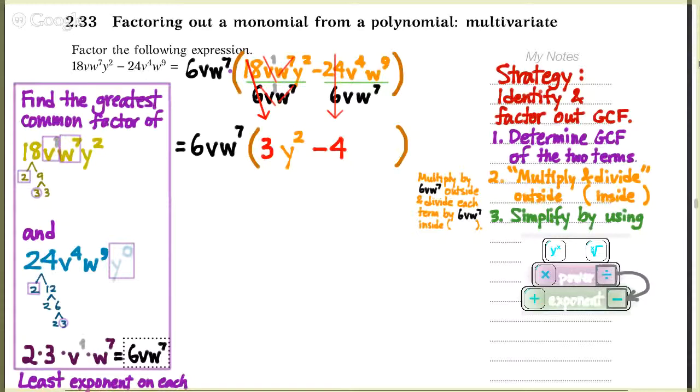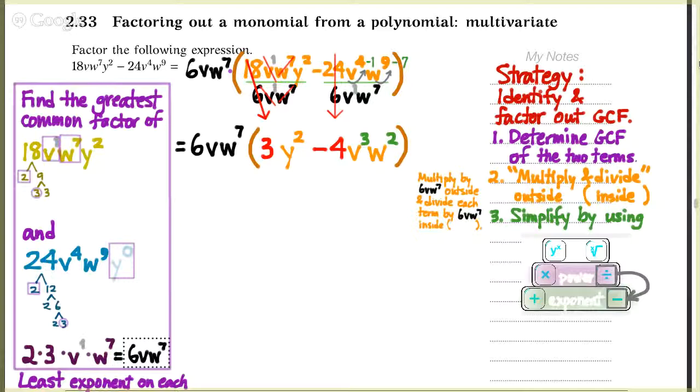Now, how many v's do we have in the second term? I've got 4 in the numerator and 1 in the denominator. And so in total, dividing powers by subtracting their exponents, I have 4 minus 1, or 3 powers of v. How about w's? I've got 9 in the numerator, 7 in the denominator, and so when the dust settles and I divide these powers by subtracting their exponents, I have 9 minus 7, or 2 powers of w. And so what we have in total is a quantity on the inside, 3y squared minus 4v cubed w squared,